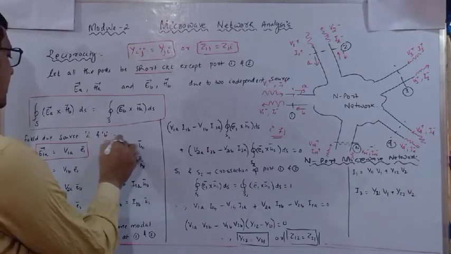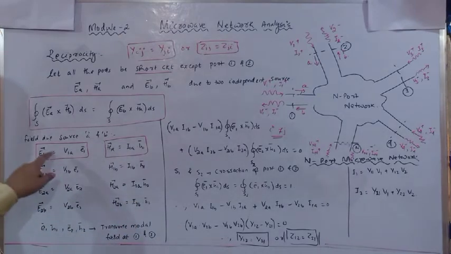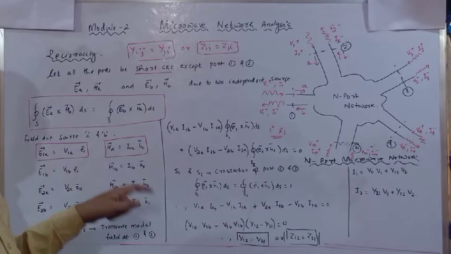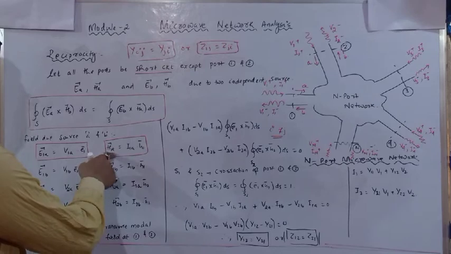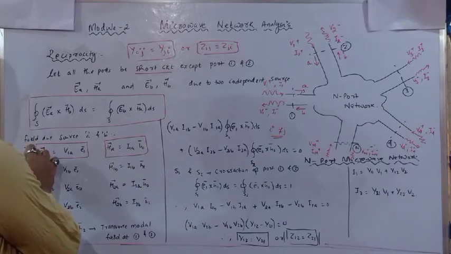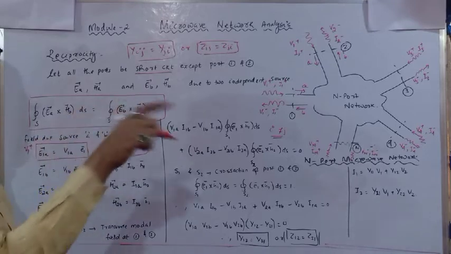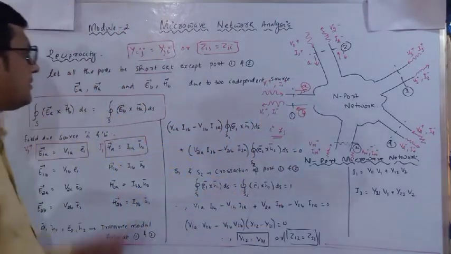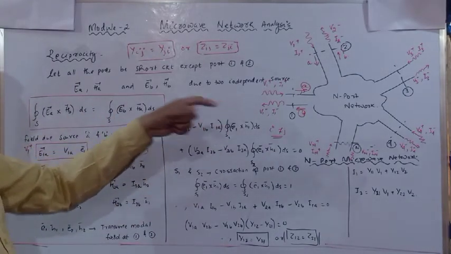Similarly, H1A is equal to I1A into h1. So E is related to the potential, okay, and e1 is the normalized direction. Similarly, h1, this is with respect to V1 and this is with respect to I1 plus, okay. Plus means incident, incident means A, reflected means B. So first I am identifying with respect to incident at port 1 and reflected at port B.